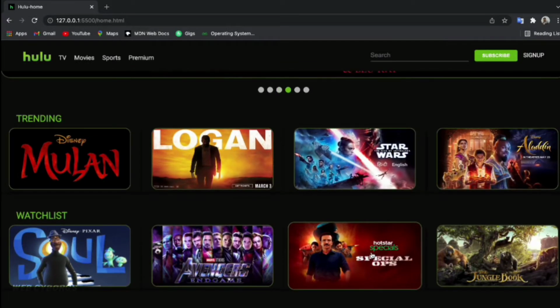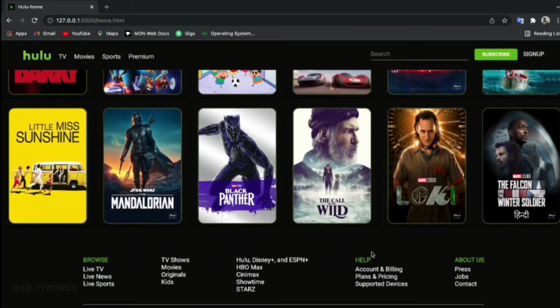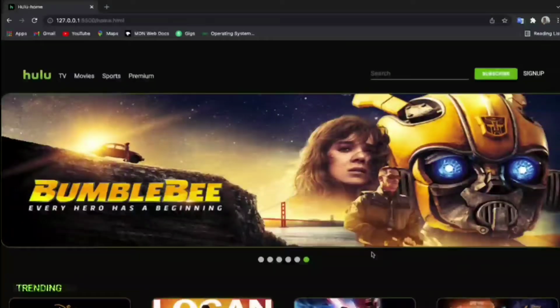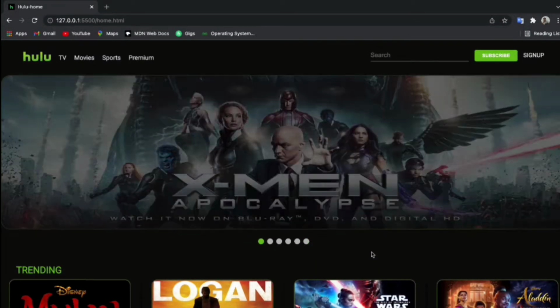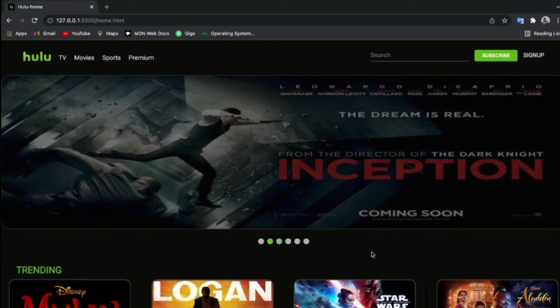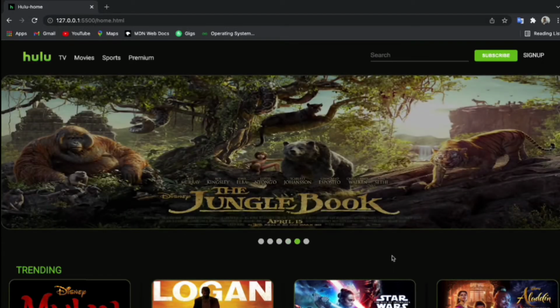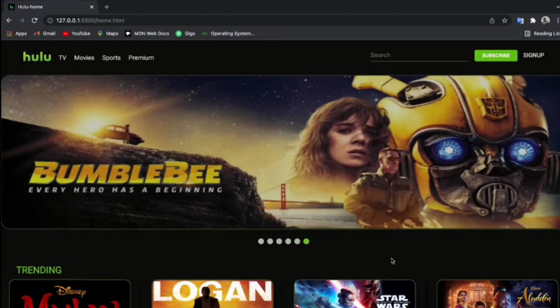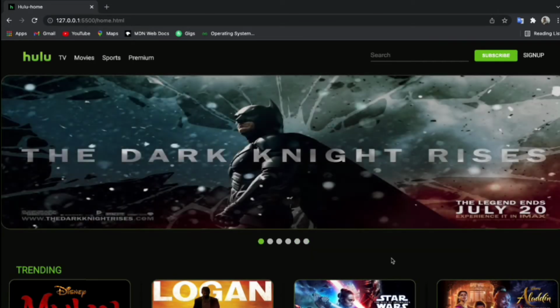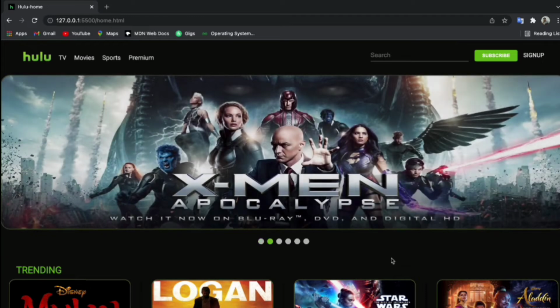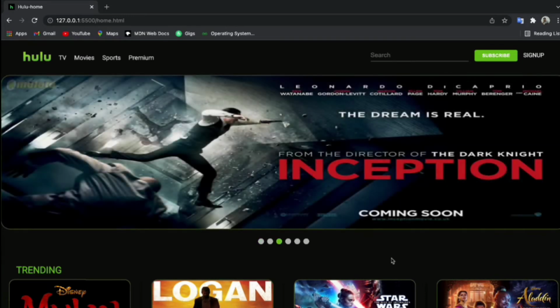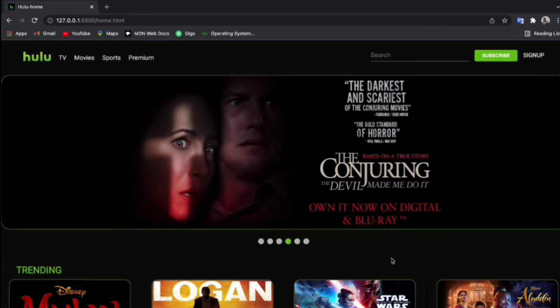Here you can see different sections and at the bottom there is a footer. So now let me explain. This is the home page of the website where at the top we have a carousel displaying various movie banners in a fashionable order. This feature makes the website more attractive and provides a better user interface. These movie banners will keep on revolving by themselves after a fixed period of time.